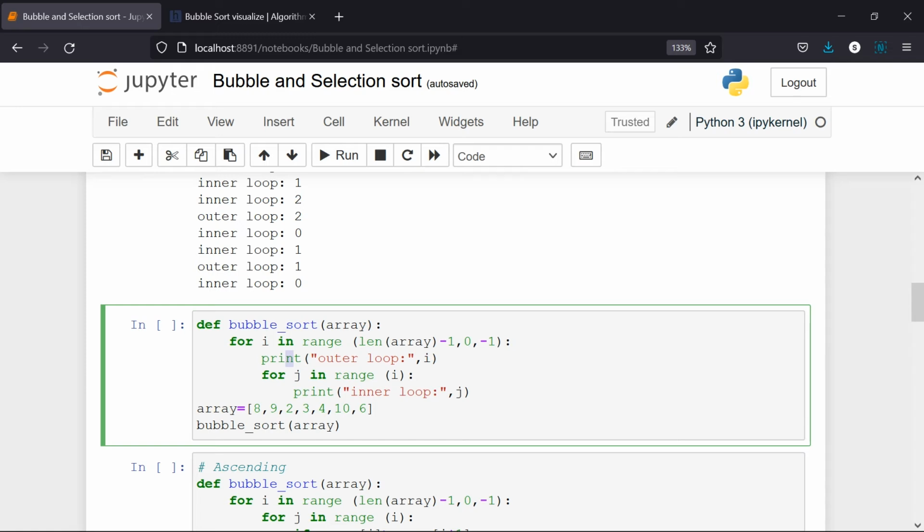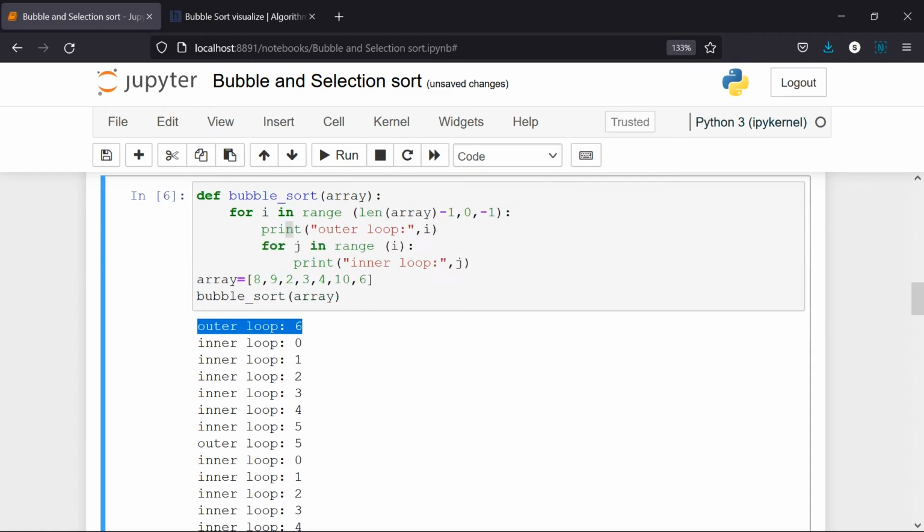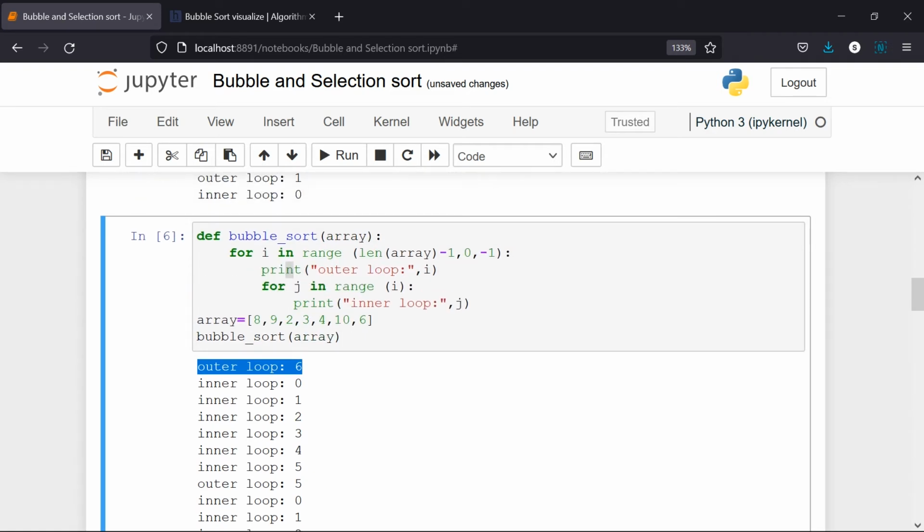I am going to check that it compares only those 2 elements, whether I can check it in that fashion. So see here, if I run this, yes, it takes 6 and then 0, 1, 2, 3, 4, the same fashion is happening. It jumps into the function and gets executed.